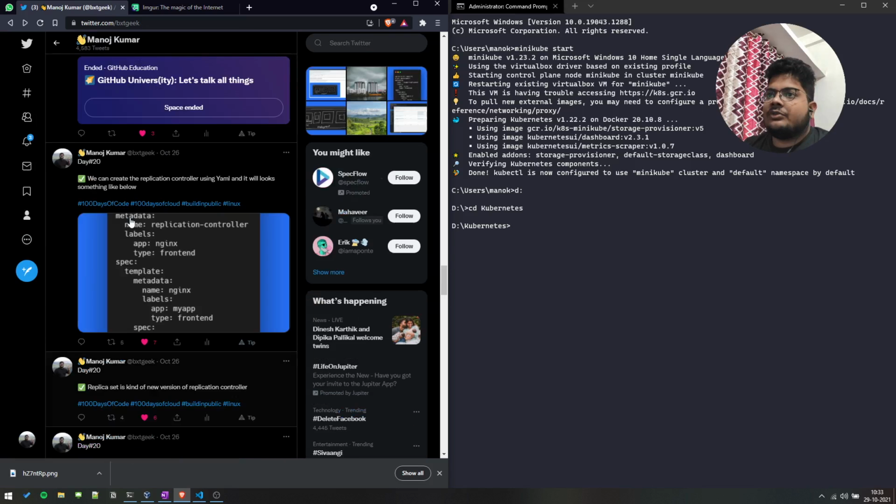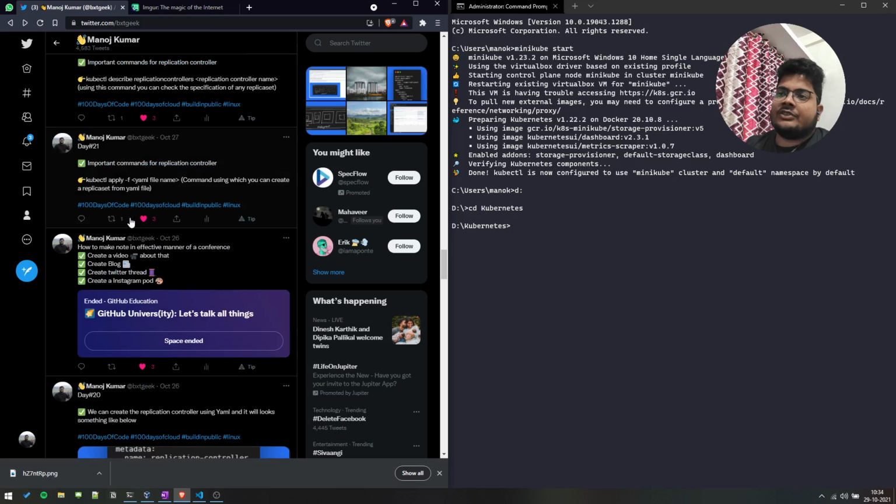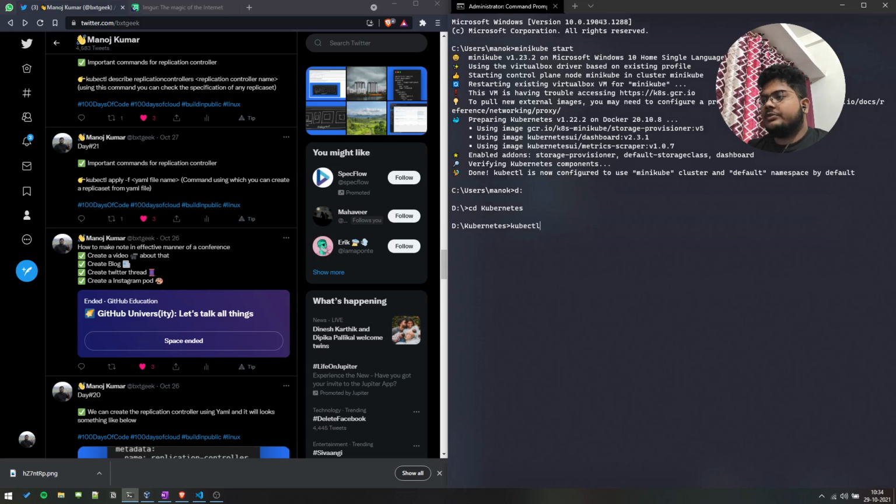If you want to know about those commands, you can also check that out, and I also wrote a detailed article about that. You can also refer to that. So this is the command that we'll use, that is kubectl apply hyphen f and the definition file name, that is replica set dev.yaml. Okay, we'll run that file and we'll see whether our application controller and pods are created or not.